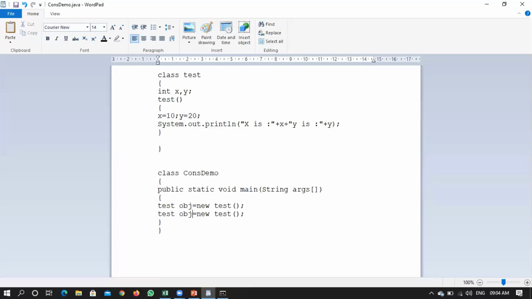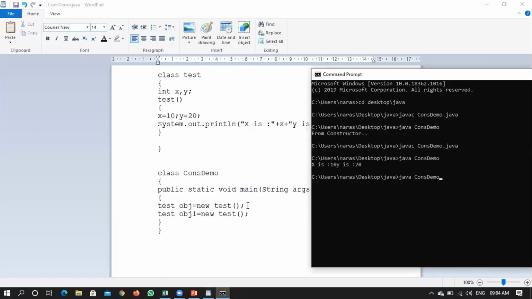So now I'm creating one more object, which is called obj1. If I run the program once again, compile fine, yes, the constructor has been called twice. When an object has been created twice, then obviously the constructor has been executed twice.